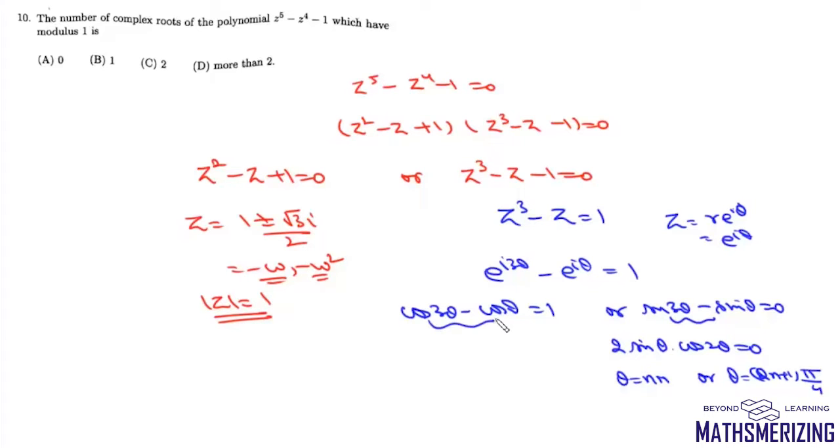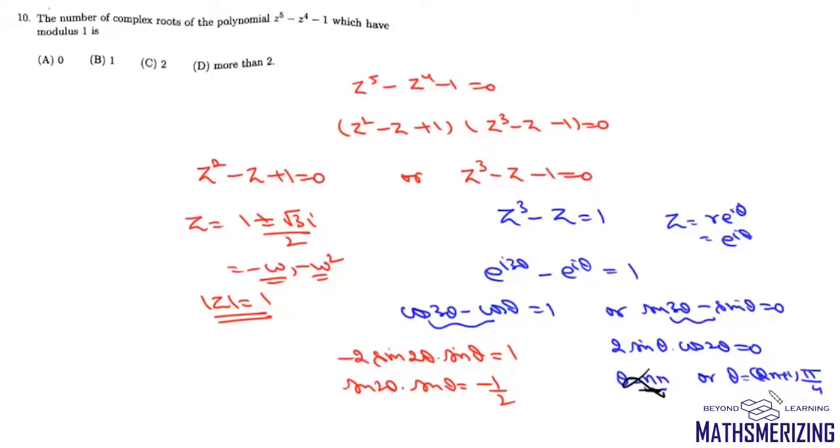Now we'll solve this. We'll get minus 2 sin (c plus d) by 2, so it will be sin 2 theta, and then sin (d minus c) by 2, and it should be 1. So from here we can write sin 2 theta into sin theta must be equal to minus 1 by 2. Now we'll take theta as n pi, it will be sin n pi, and sin n pi is 0. So it cannot be equal to minus 1 by 2. So there will be no simultaneous solution.